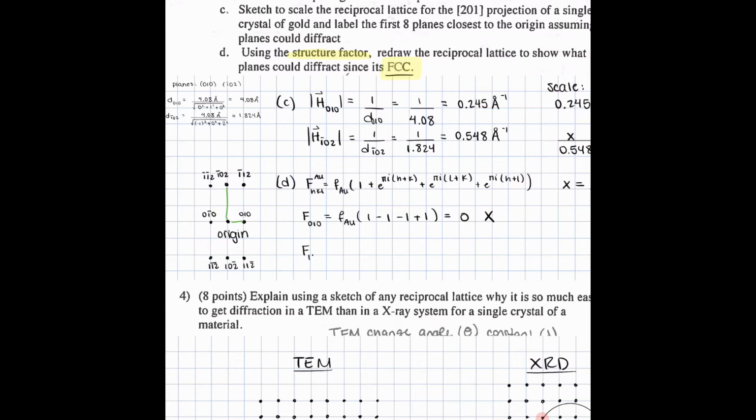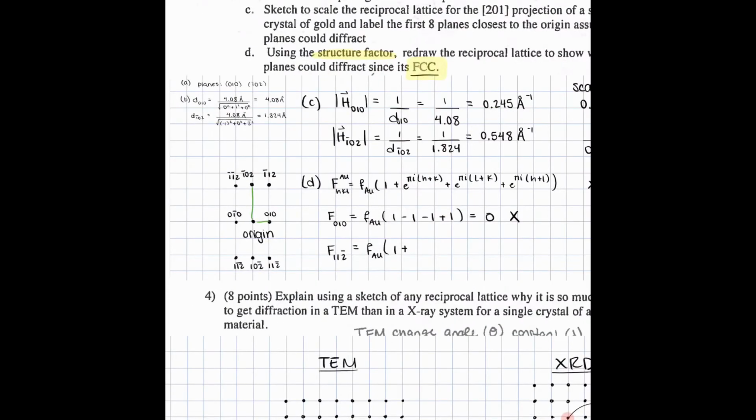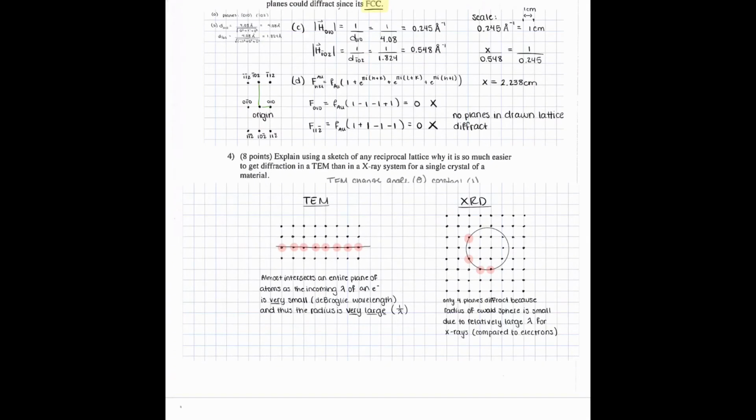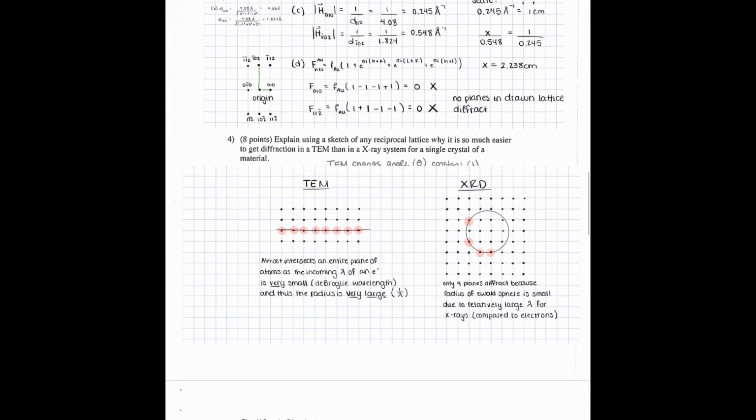And keep in mind, if e to the pi i is multiplied by an odd number, it's a negative one, and if it's an even, it's a positive one. And that's where these numbers are coming from. And it's going to be e to the pi i with negative 2 plus 1, so it's a minus 1, and then we're going to have another minus 1 at the end. So they both equal 0, so neither of those planes that we pick diffract, or any of the two random planes in your lattice. So none of the planes in the drawn lattice actually diffract,